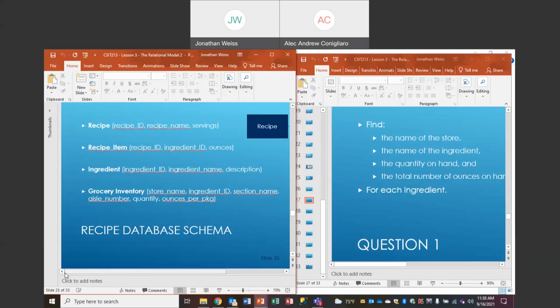All right, now comes the hard one. The hard one is total number of ounces on hand. Now, I don't see any attribute that says the total number of ounces on hand. I see ounces per package. And quantity tells me the number of packages. Exactly. So we can